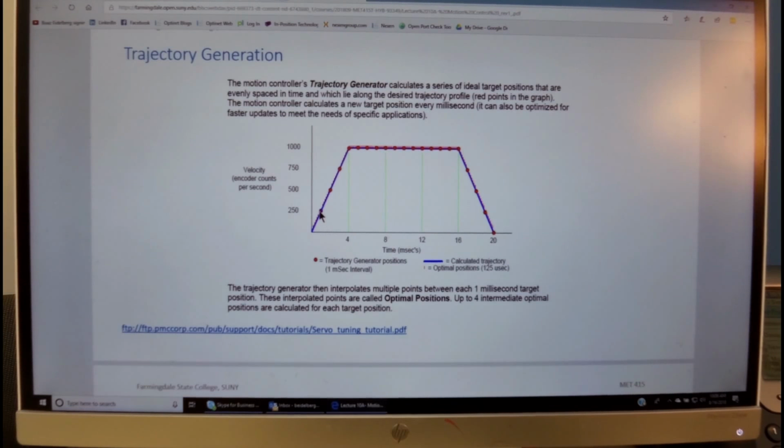There is a target velocity, as we see in this motion profile, and the sequence of all these target velocities, when they are connected by straight lines, generates intermediate target positions for the controller to compare with the feedback that it receives from the encoder, and then take the difference, and this is defined as the position error, and that position error is being acted on by various filters, as we'll see in a minute.